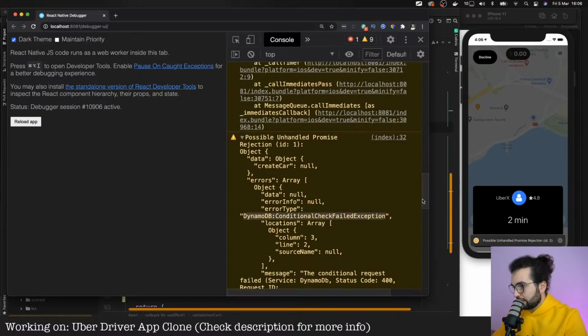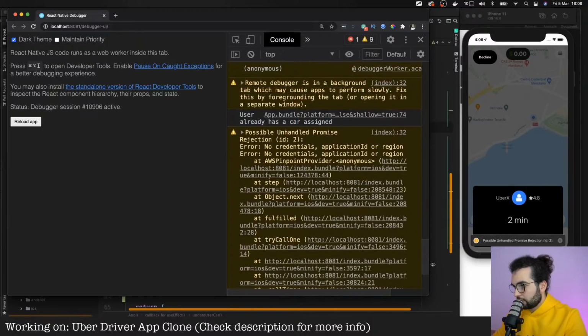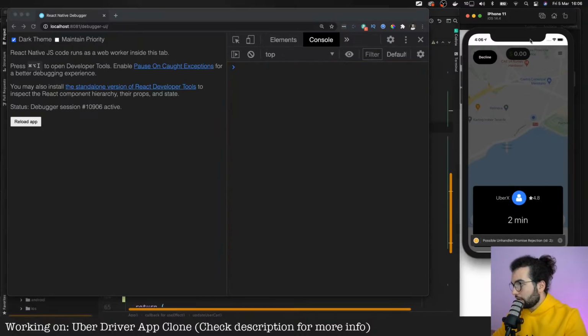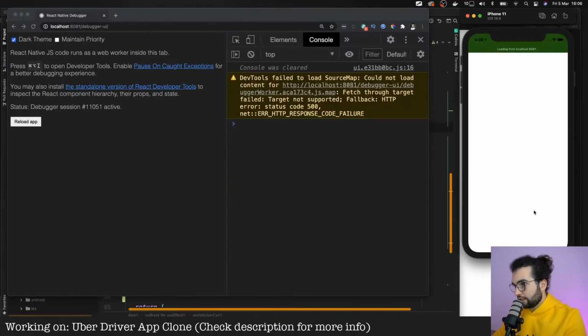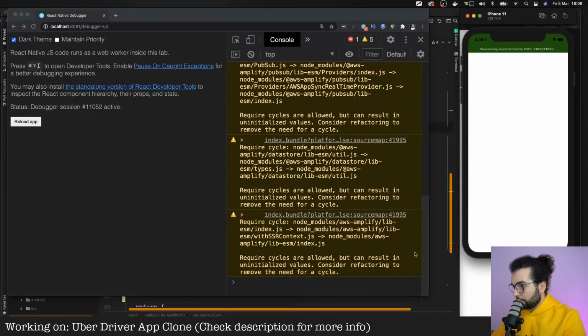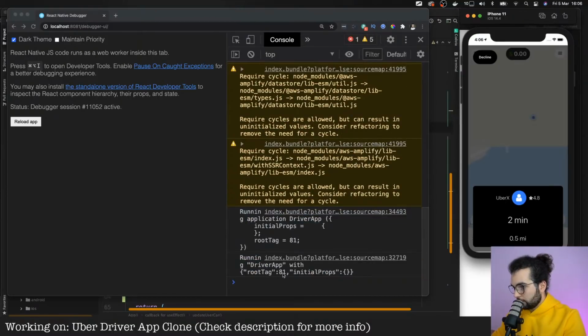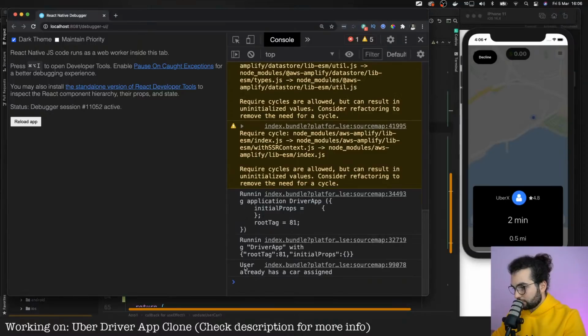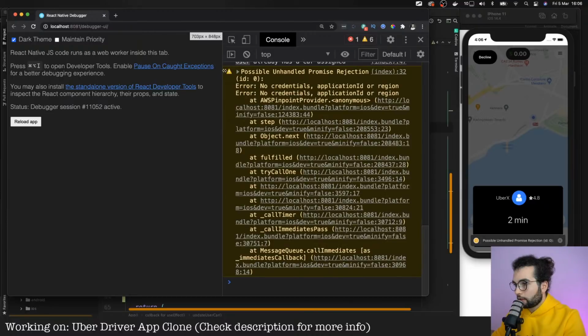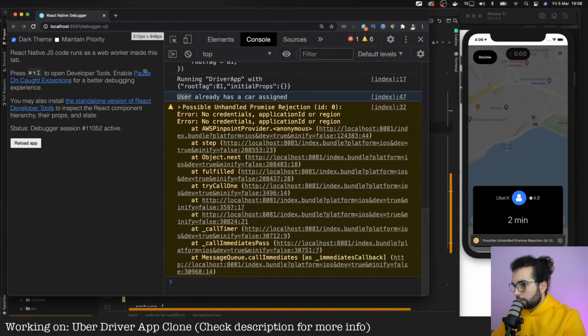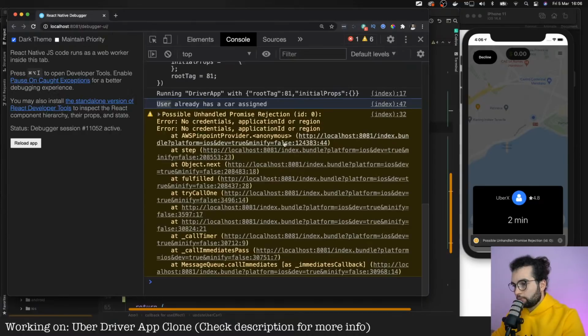Now it created the user once and the car once, and the next time we open it, it should say that the user already has a car registered. And this error is coming from the analytics plugin that we didn't set up, so don't worry about that.